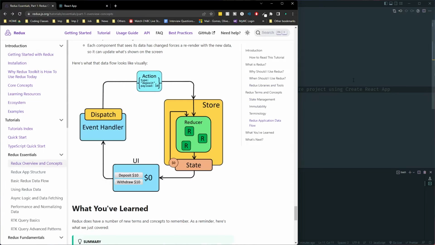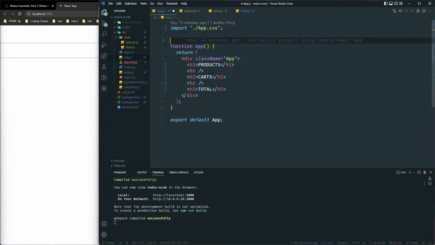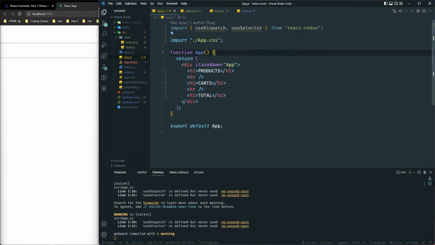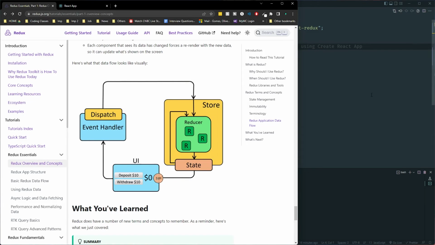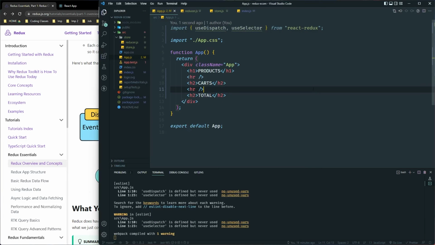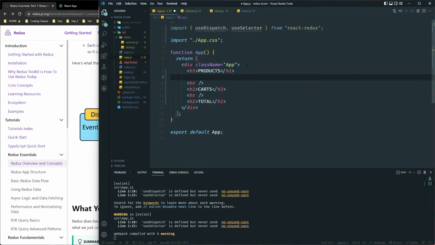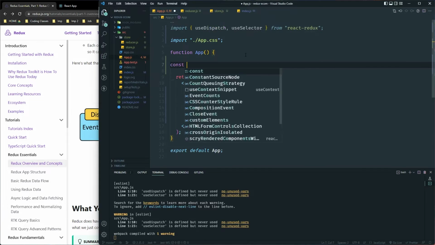So let's go back to the diagram, and then I'm gonna bring that in here. I'll import two things: useDispatch, which dispatches an action, and useSelector. That's also coming from React Redux because right now we are interacting with React and Redux. So we're gonna use this library here. So dispatch, we don't need that. We're gonna be doing it a little bit later. Right now we need useSelector because we are using that to bring in the data from the reducer. So right here, what I'm gonna do is const product,